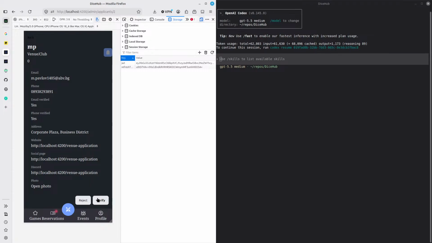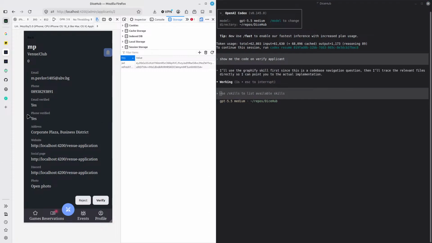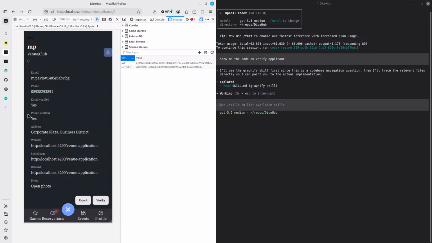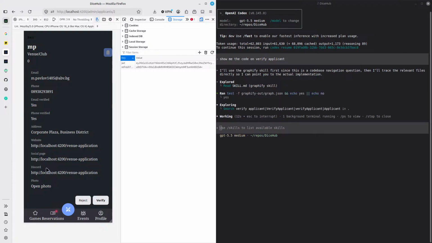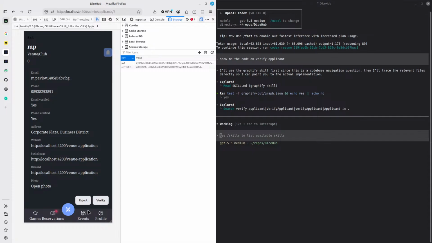So what will happen on verify right now? Show me your code on verify applicant. Yeah, for now we just left the phone verification as verified by default, because we still don't have a way to verify it, but otherwise it looks good. Again, the design and the styling is not what we know,